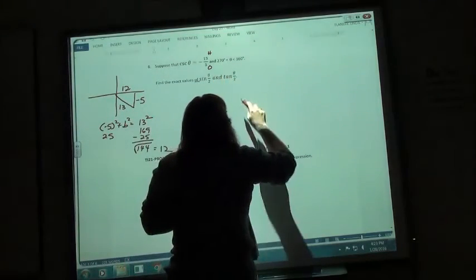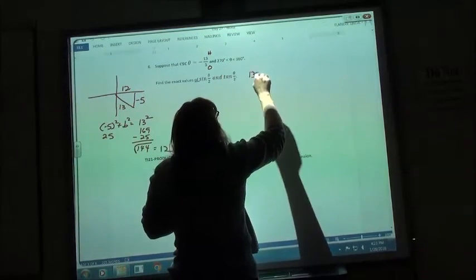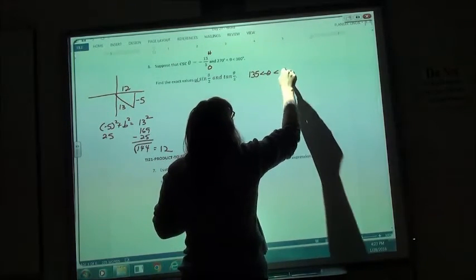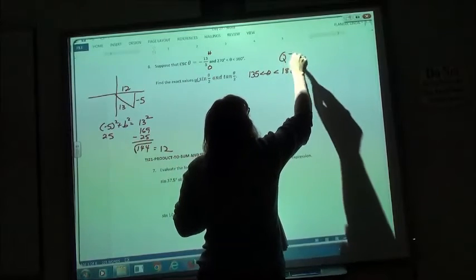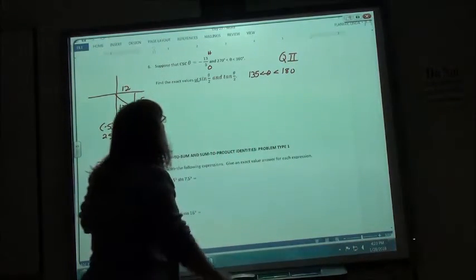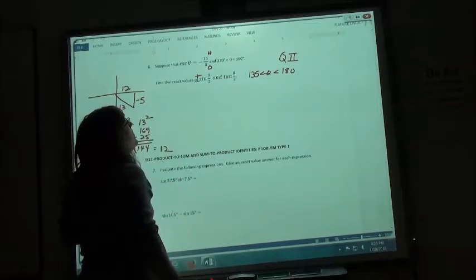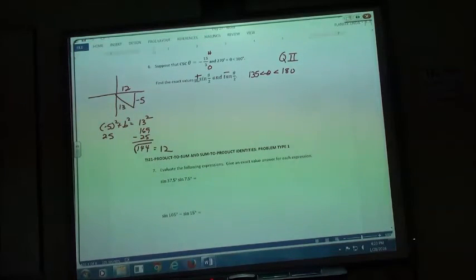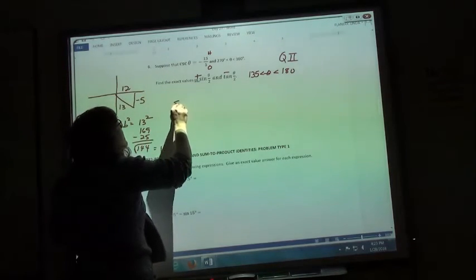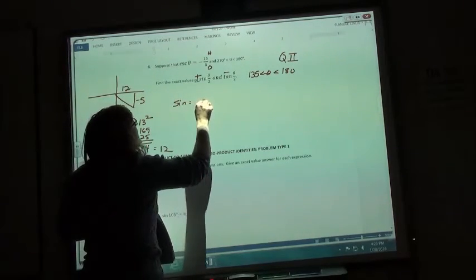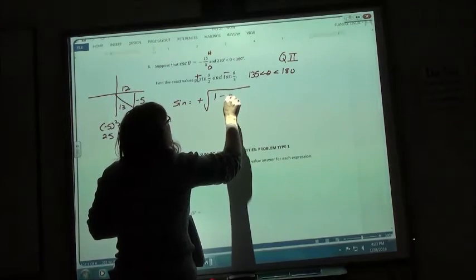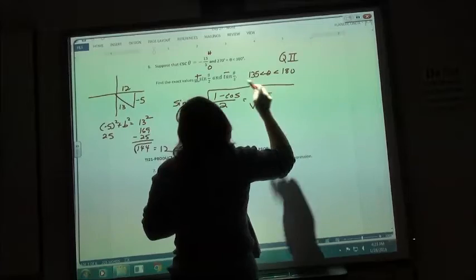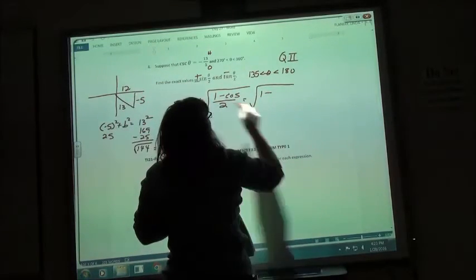Here I'm doing my half angle, so half of 270 would be 135, is less than theta over 2, which is less than half of 360, which is 180, puts me in quadrant 2. In quadrant 2, my sine is going to end up being positive. My tangent, although I don't have to worry about, is going to end up being negative. So on my sine, I am using plus the square root of 1 minus the cosine over 2. So I'm going to have 1 minus my cosine is 12/13